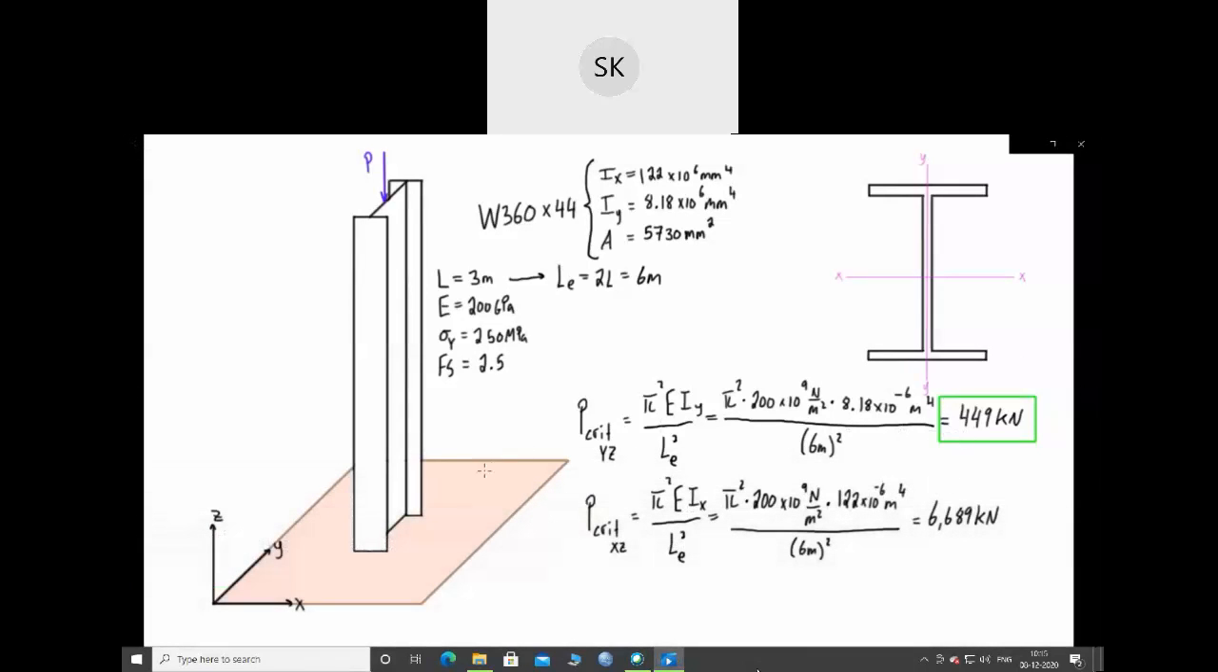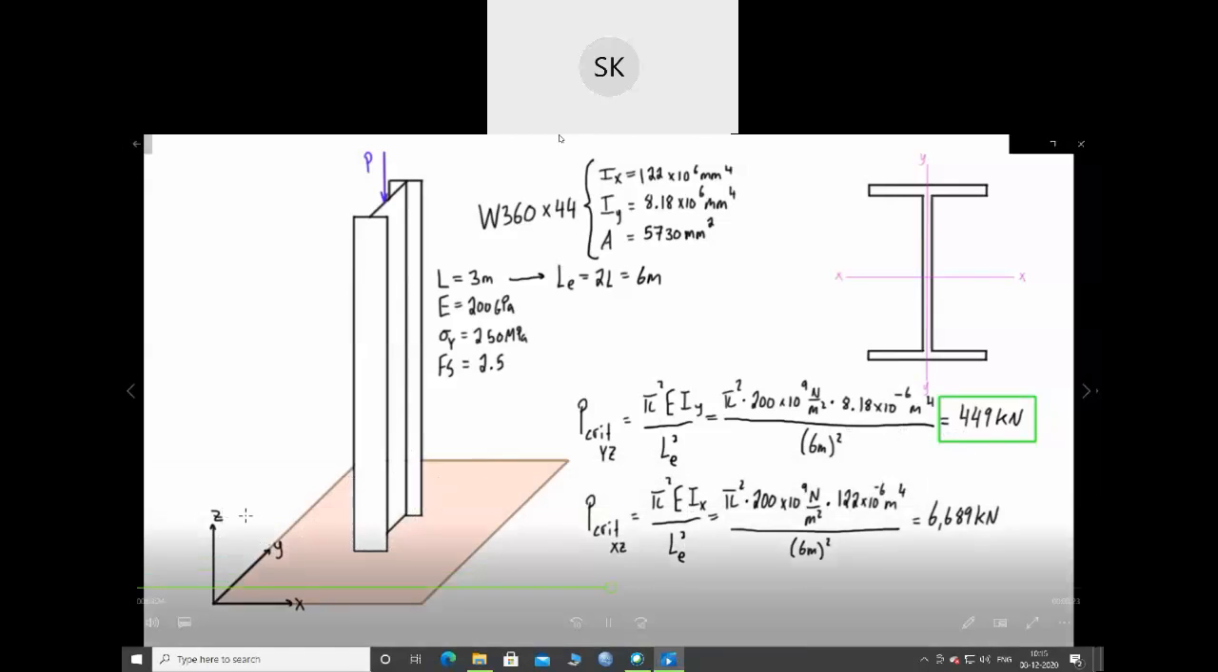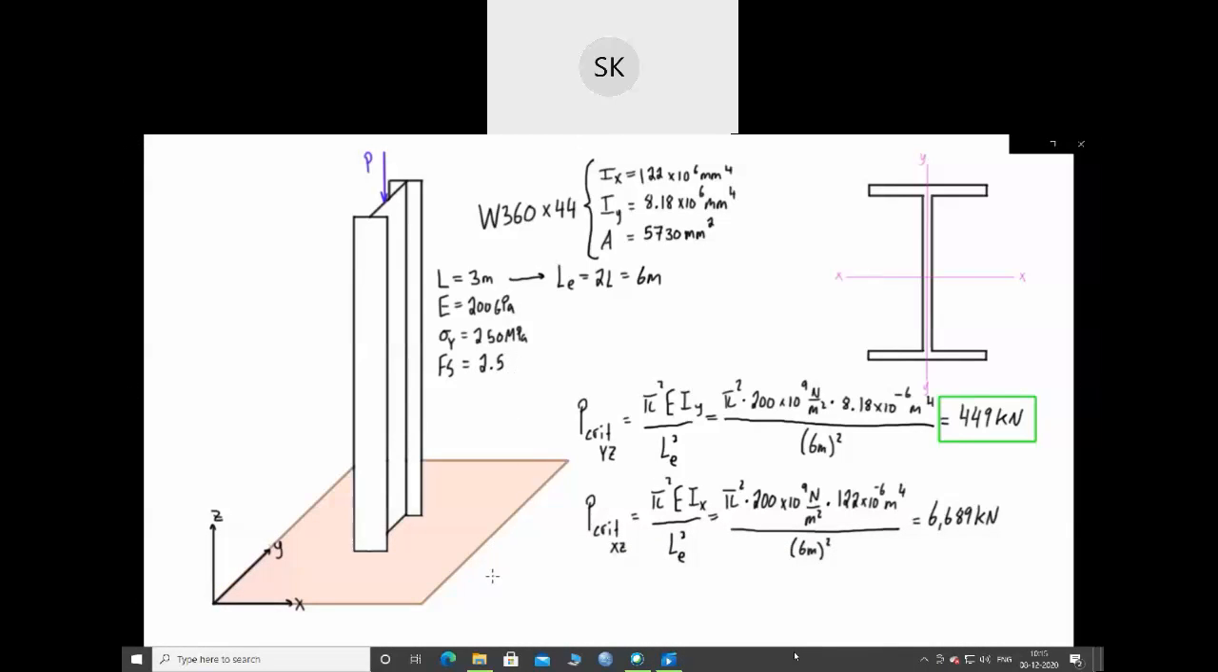Z plane, we already will have buckled in the weaker plane, which is the YZ plane. Now, if we want to figure out what our allowable load is, given a factor of safety, then we say that our factor of safety is equal to our ultimate load over our allowable load. So we switch those, and our allowable is going to be equal to our ultimate, which in this case is our P critical, 449 kilonewtons, and we divide that by the factor of safety, 2.5, and that's going to give us an allowable load of